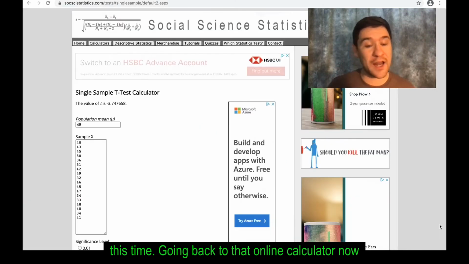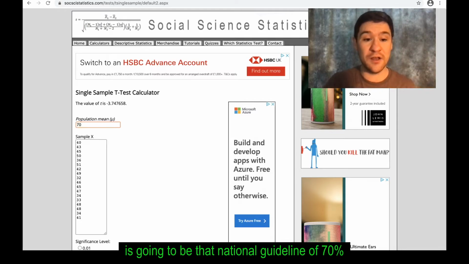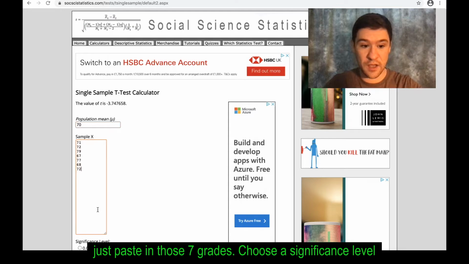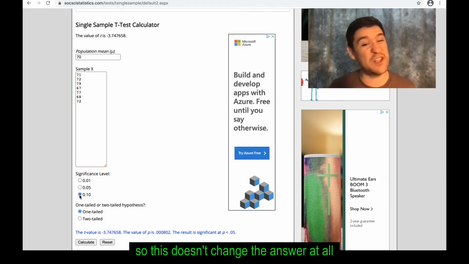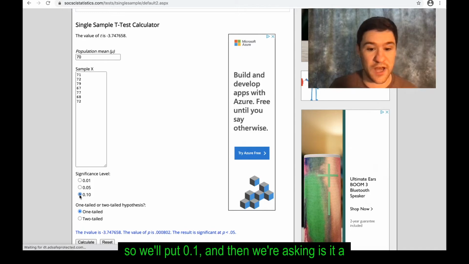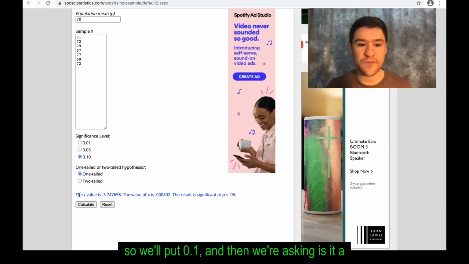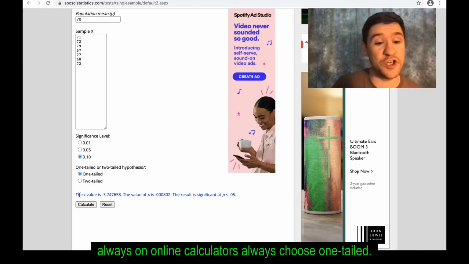Going back to that online calculator now, we can say that the population mean this time is going to be that national guideline of 70%. Okay, that's what we're comparing to. And what is the sample? So this time we can just paste in those 7 grades. Choose a significance level, so this doesn't change the answer at all, but we'll put 0.1. And we're asking, is it a one-tailed or two-tailed hypothesis? Always, on online calculators, always choose one-tailed. There we can click